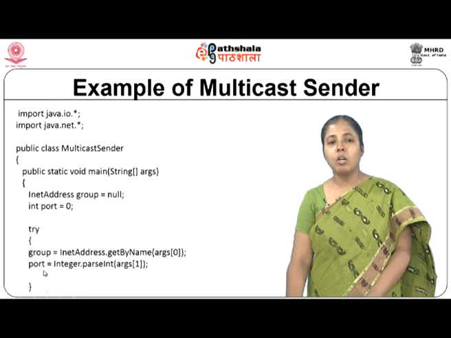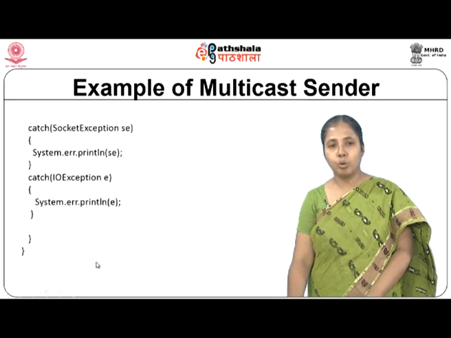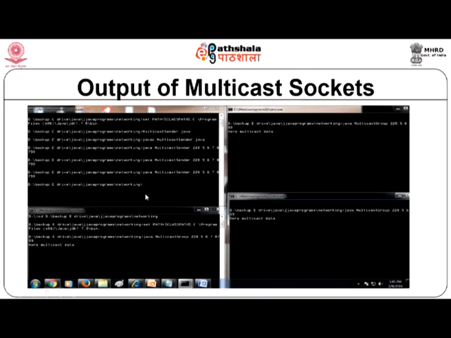The sender has to again create a group and a port with which you create an InetAddress object. Once you create this, this is the data you want to send. So, we construct a datagram packet, create a multicast socket, join the group, send the datagram packet and then leave the group. Now, this is the example. Here you can see that this is the sender, the Java multicast sender, and args[0] and args[1] are where you have given the InetAddress. So, this is the multicast address